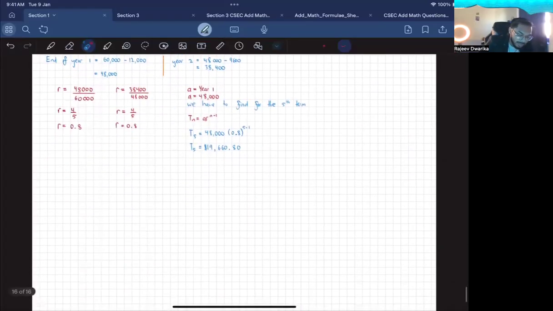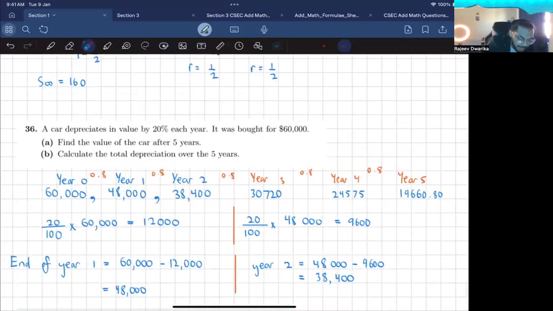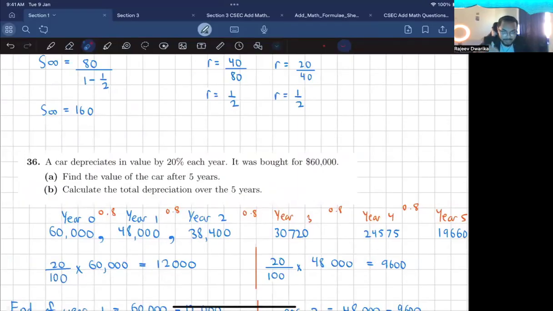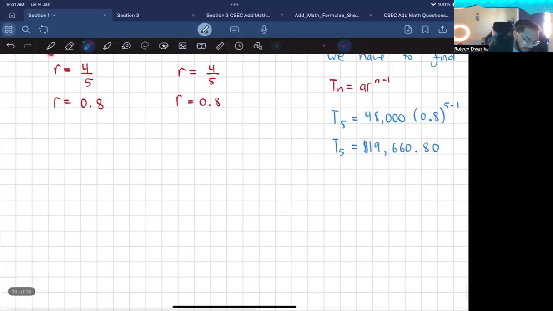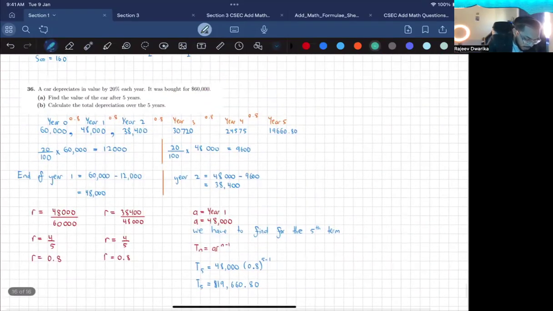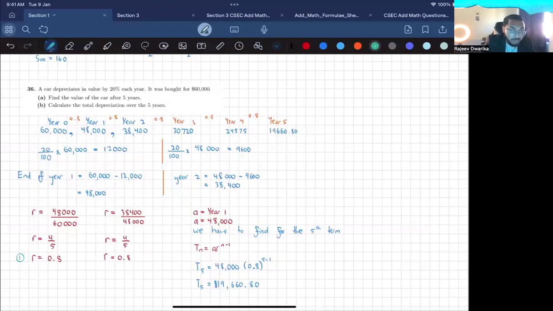Let me show you another method. Anytime you have questions like this, where the change is a percentage of the consecutive term, you can use this formula. And this is like the compound interest formula. So this over here is method one. You could generate terms and find the common ratio, but you really don't have to do that. If you want to find the common ratio, just subtract 20% from 100%,